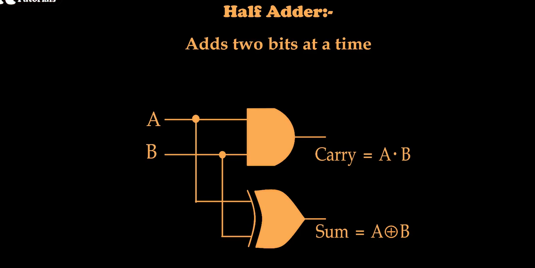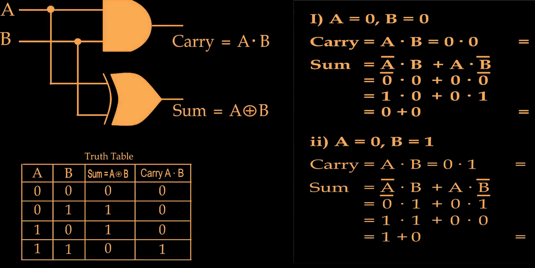It is constructed by using an AND gate and an XOR gate. The bits to be added are given at the inputs of these gates. The output of the AND gate is taken as the carry and the output of the XOR gate will be taken as the sum. Since there are 2 inputs, the circuit will have 4 possibilities. From the circuit you can see, if both the inputs are low, output will be 0. So here sum will be 0. So at the output, if A inputs are 0, 0, output will be 0, 0. That means carry is 0 and sum is 0.